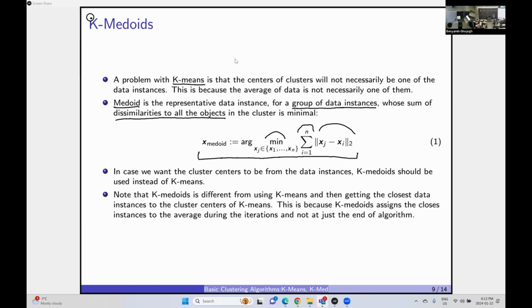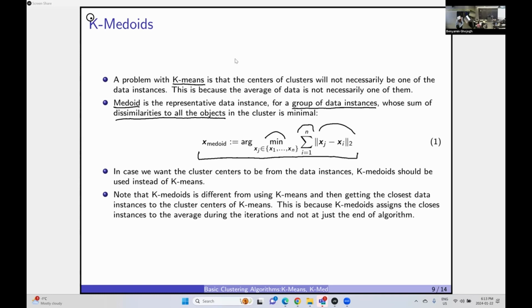That's a good question. I think randomly you can get one of them, because that will be on the boundary between two clusters. And I think that doesn't make a huge difference. Okay, now in this case, the center will be one of the data